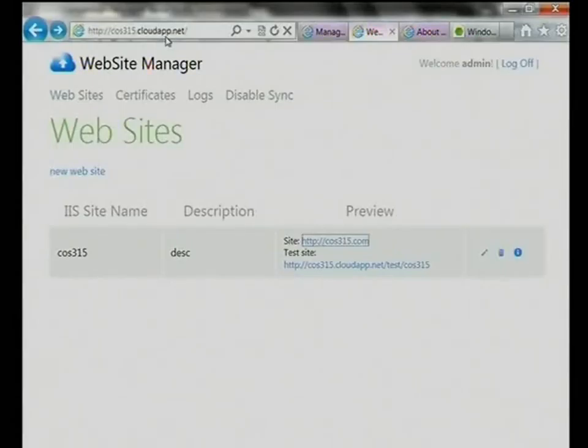Sorry, so that line being generated dynamically in the DNS then? No, it's not. That's what I need to set up. That's why I said I cheated, because I need to go and set that up so that I can do this. It's not that straightforward because I need to go in and set the CNAME so that cos315.com redirects the traffic to cos315.cloudapp.net, and then that will resolve and redirect it to the right website. That is internally. It'll look at the headers and it'll do it.